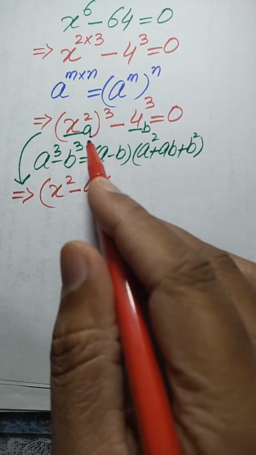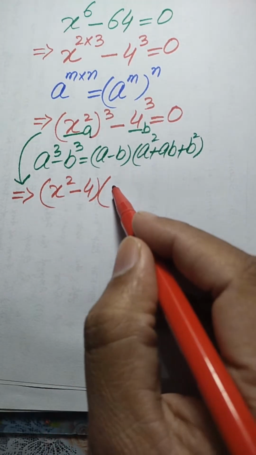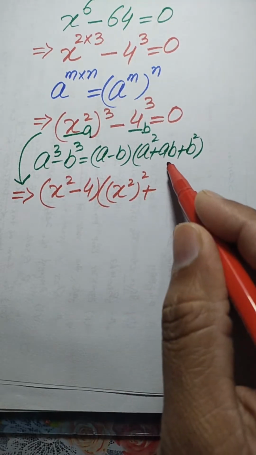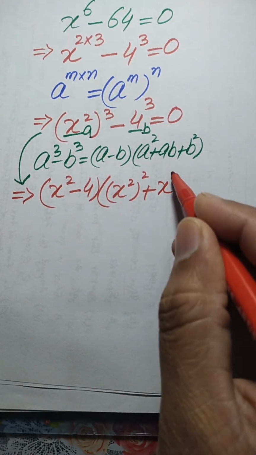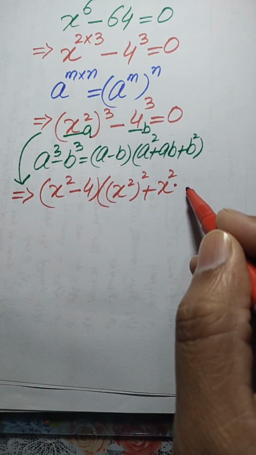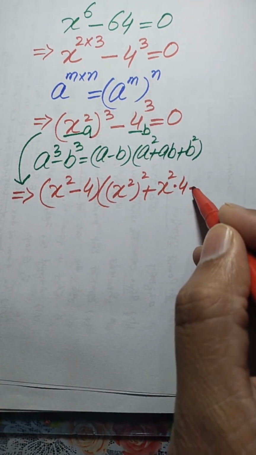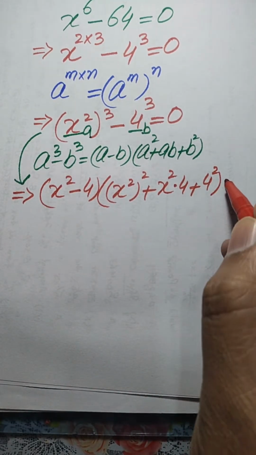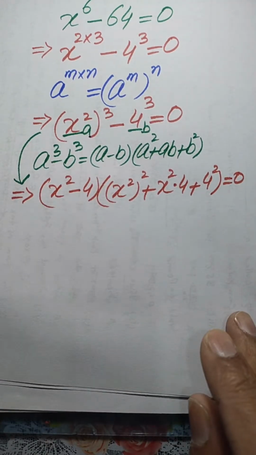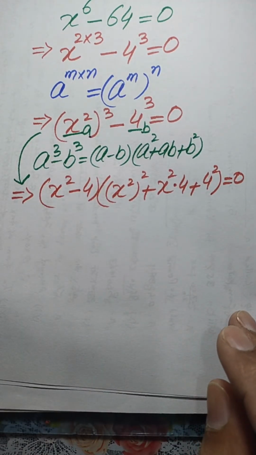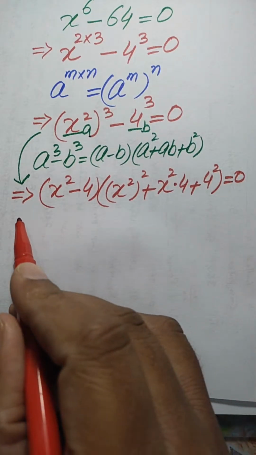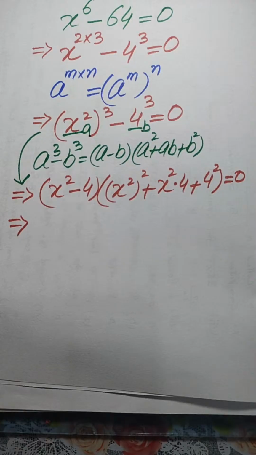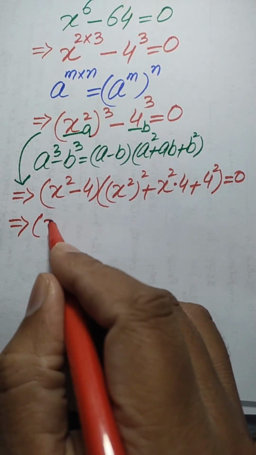a square. The value of a is x square and its whole square, plus this is ab. The value of a is x square and the value of b is 4, plus this is b square. The value of b is 4 square, and this whole equation is equal to 0. And now in the next step we need more simplifications, and it will be written as